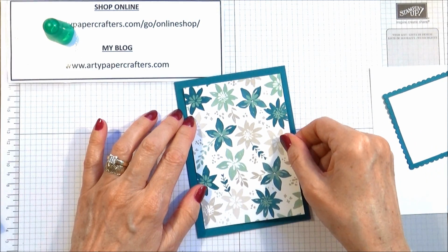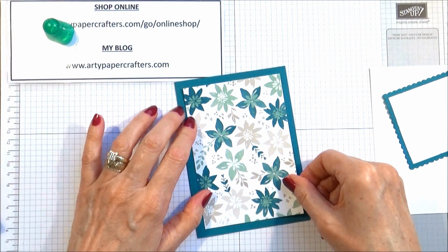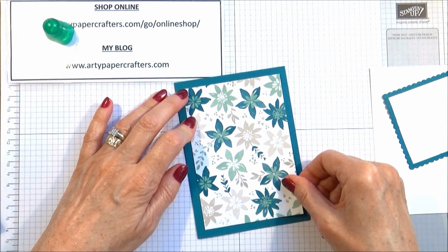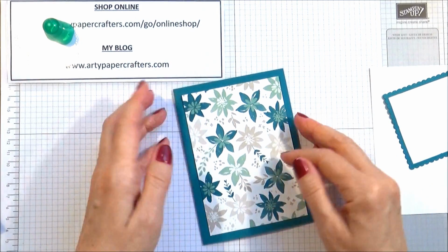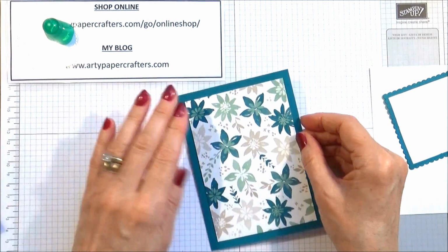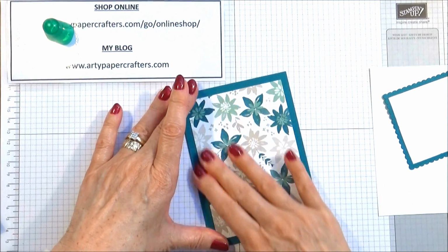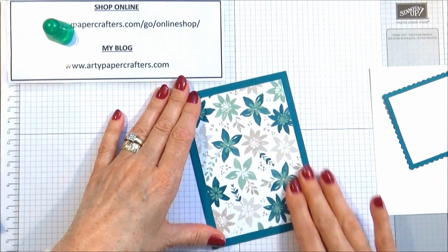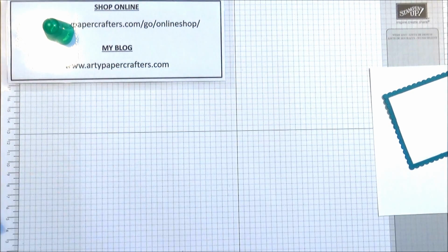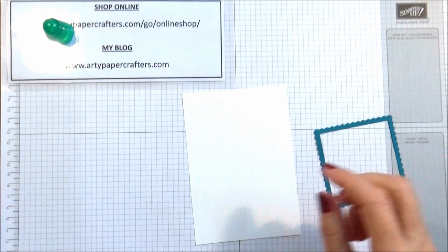So try and line that up straight and central. I think that looks pretty straight to me. Is that straight? Let me just check that. Looks reasonable to me. So stick that down. Now while that's drying, because I need that to be good and dry before I run that through the Big Shot, so while that's drying for the next few moments, we're going to do the inside part of our card,